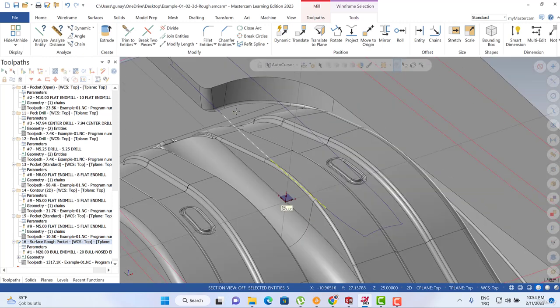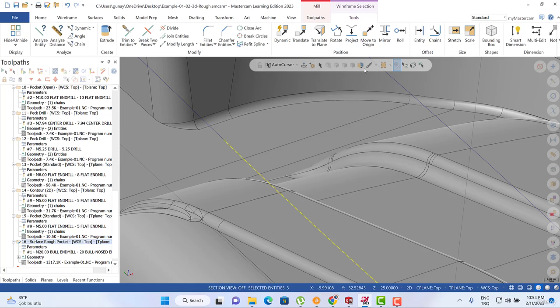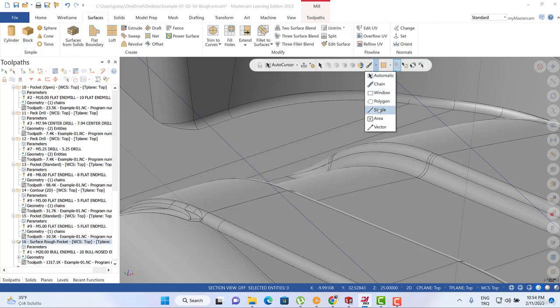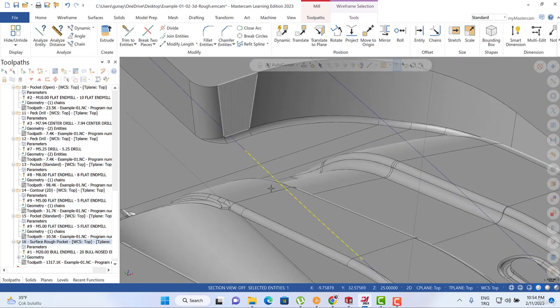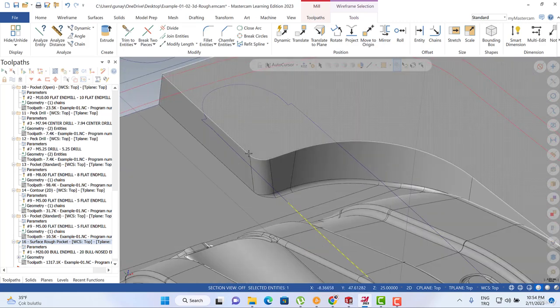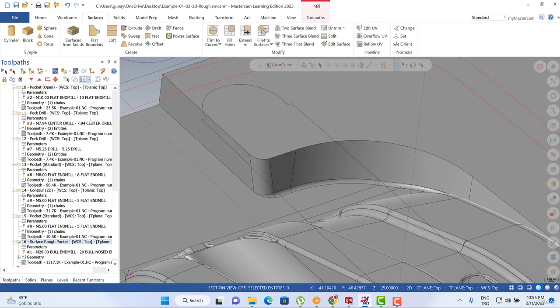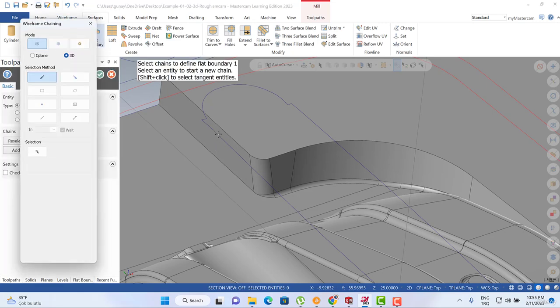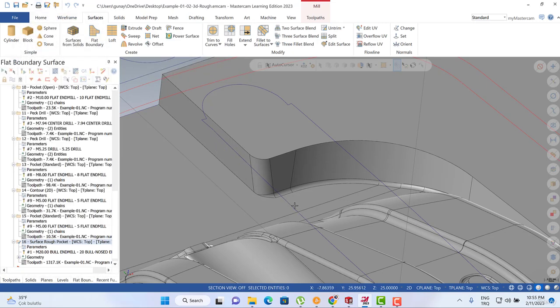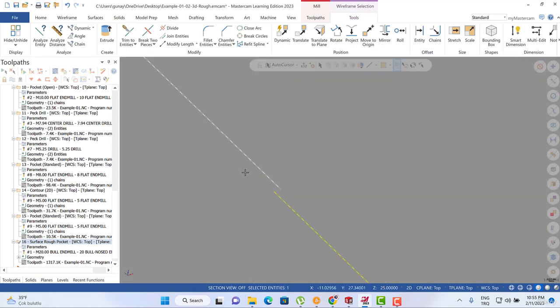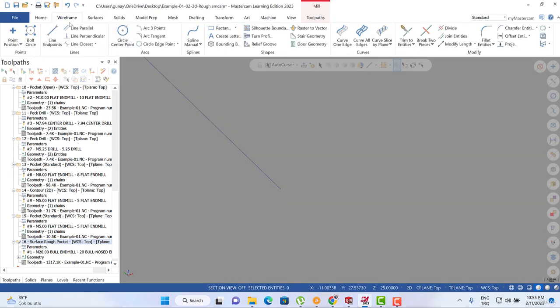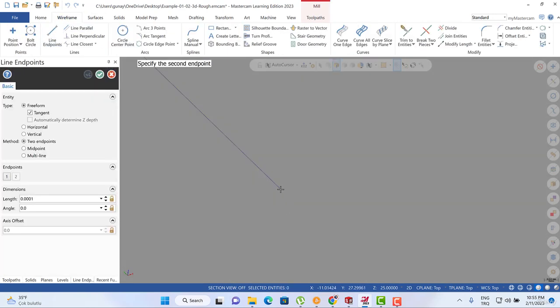Actually, when we focus on the single approach and select this one, let me create, yeah, this one. And this is actually because of my face, so I can delete them and I can create starting from here